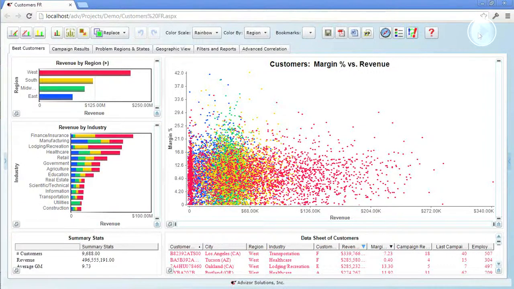The Flight Recorder is a tool in the Advisor software that has three purposes. The first is to track and show you where you've been in your analysis and selection path. Second, it allows you to go back to any step along the way, and then you can take a different